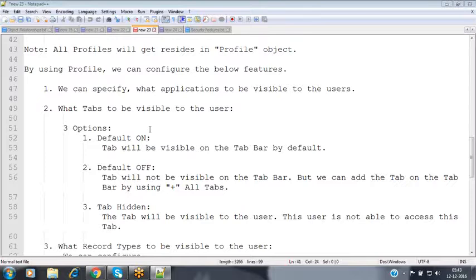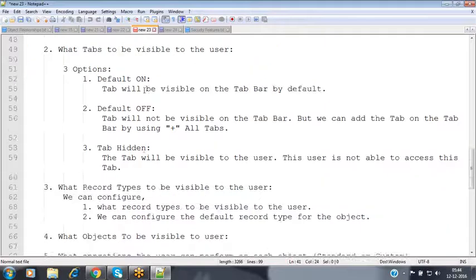Inside my organization, I may have many applications, but depending on the people's role, we can grant which applications are accessible to a user. And in those applications, which tabs are visible to the user by default on the tab bar, for that we have configured the tab settings as well.